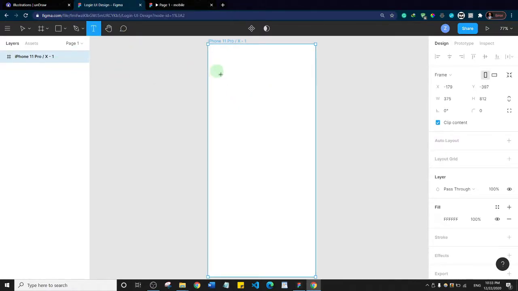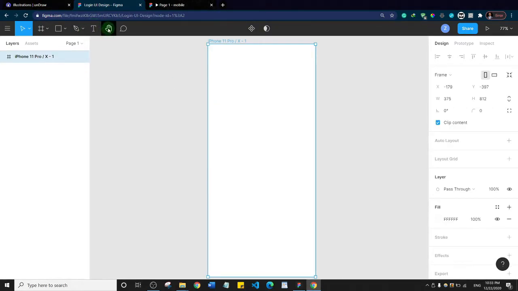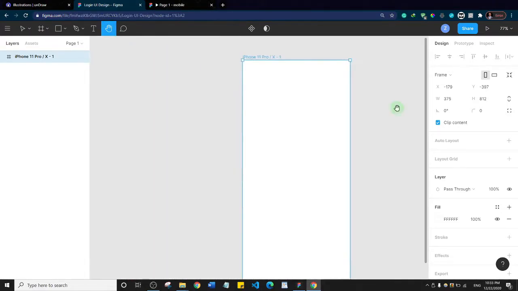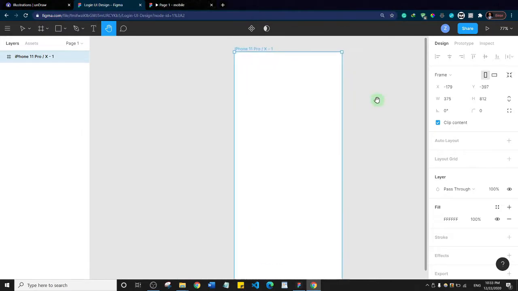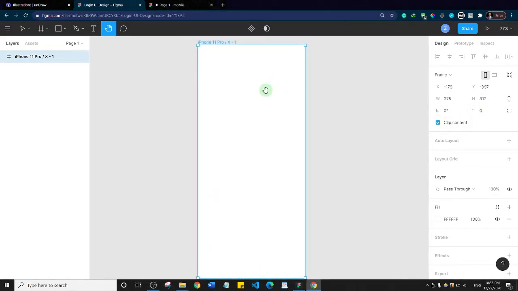Then this is for text, so you can add text to your documents, right? And this is the hand tool to move your canvas. Okay, and then you can add comments. But we're still going to see other things as we move on in the project. So let's get started. The first thing I'm going to do is add a grid to